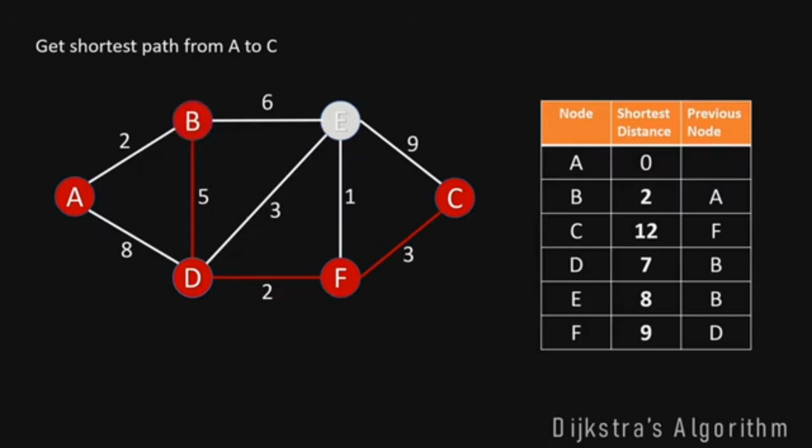Now we are done with the algorithm, and in our table we have some important information about this graph. We have now the shortest distance from A to every other node in the graph, and we have the previous node, which helps us to reconstruct the shortest path. So for example, if you want to reconstruct the path from A to C, the first thing we see is that the